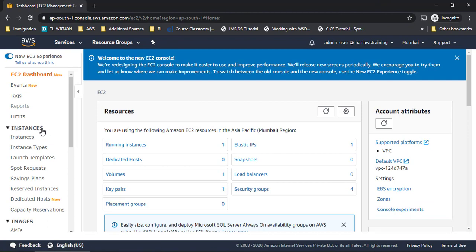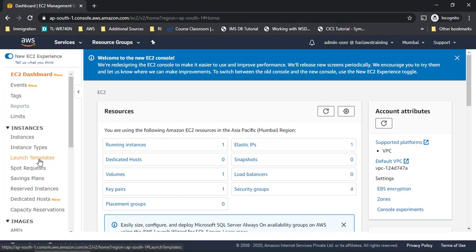In the instances we can see launch templates. These are very handy, guys. These are only for EC2. There is a concept called CloudFormation wherein you can automate everything, not only EC2, you can add databases and all. We'll see it in later lectures, but these templates are only for EC2. It will be very small in size, in kilobytes, because it is only the configuration. It will not have the entire EC2 in it, it will just be a configuration setup.